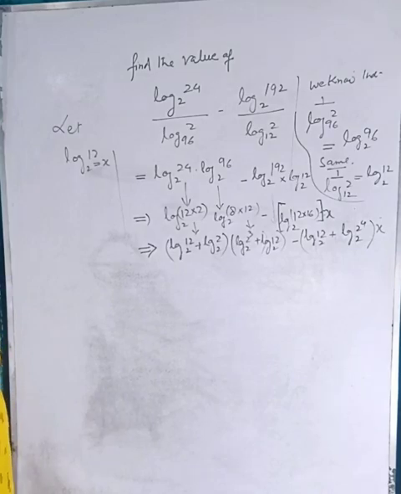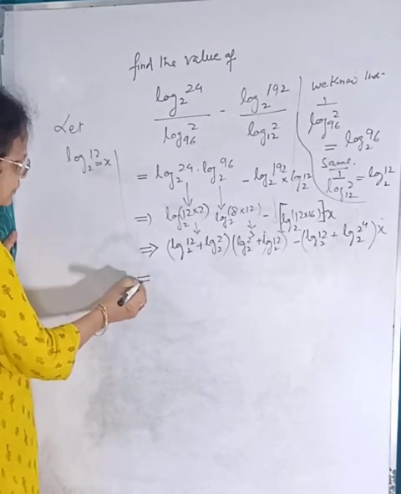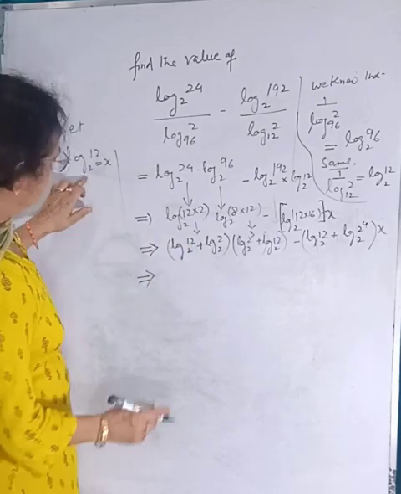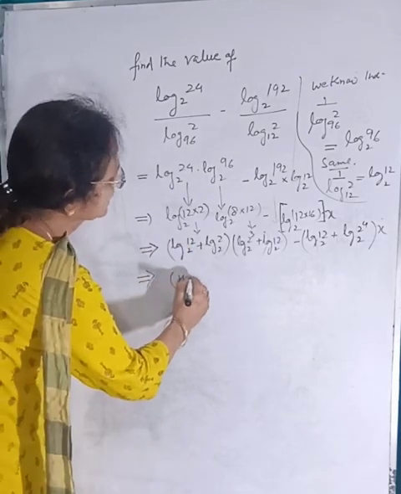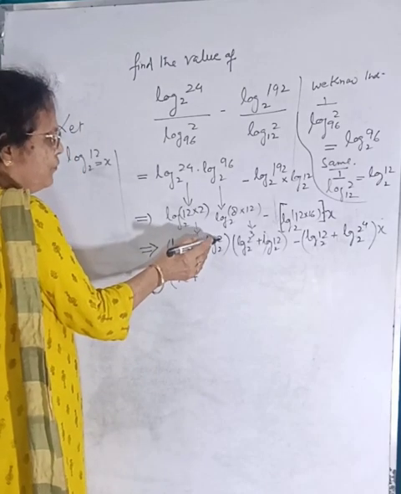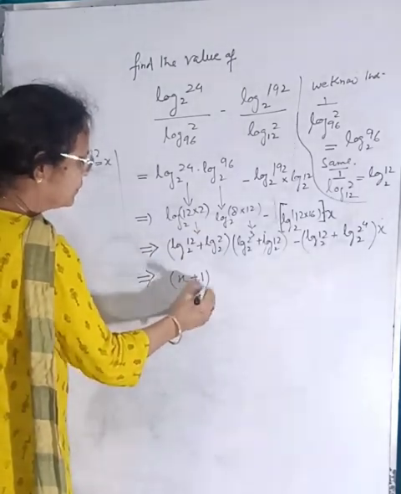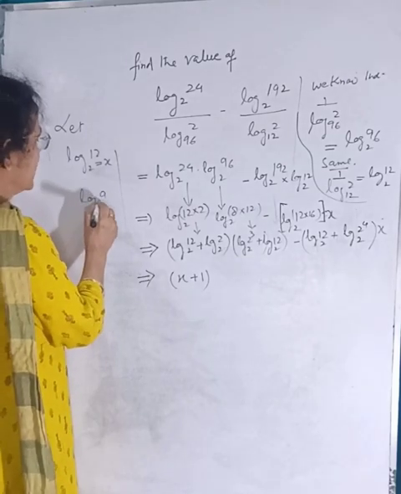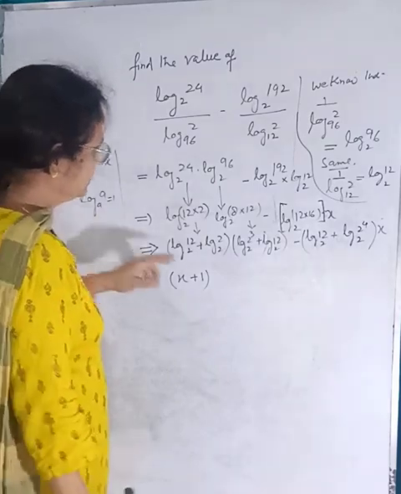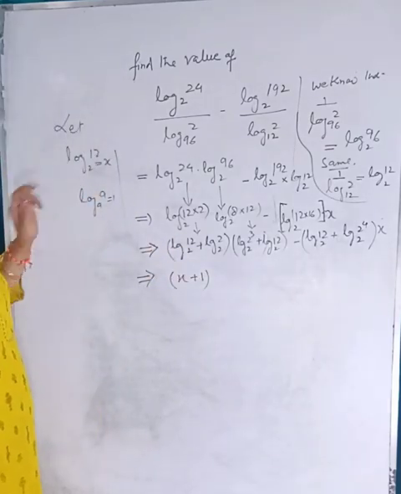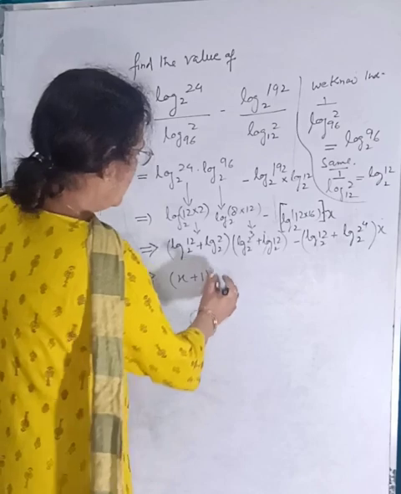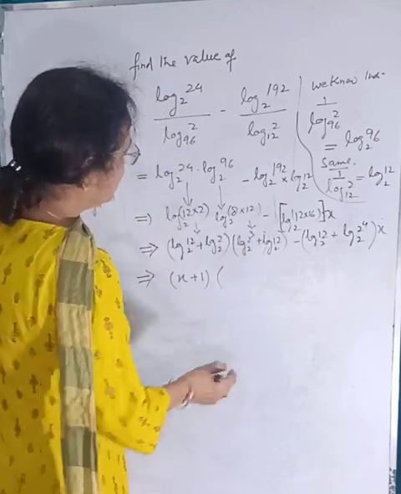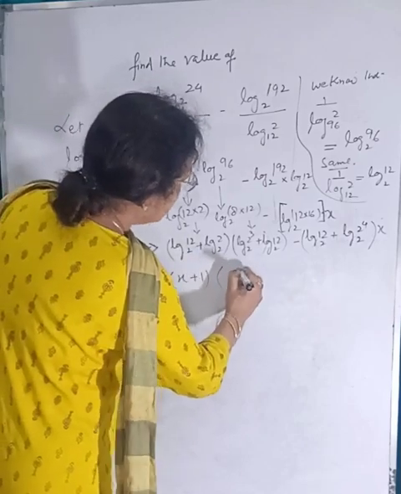Everything is clear? अब इधर आइए, log of 12 with the base 2 we have assumed x, plus log of 2 with the base 2 is equal to 1, because for any log on the same base it is always equal to 1. Log of a with the base a is equal to 1, that's equal to 1 into log of 2 with the base 3, ये 3 है, 3 into 1 हो जाएगा,